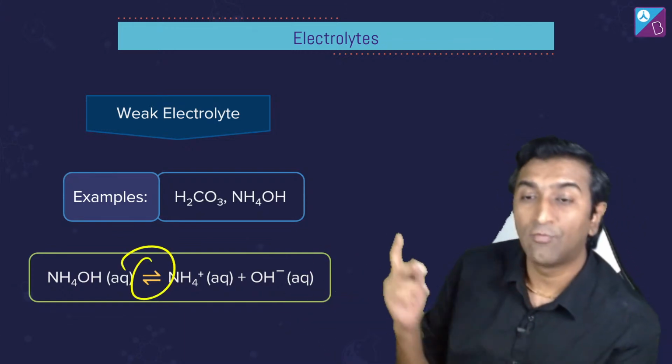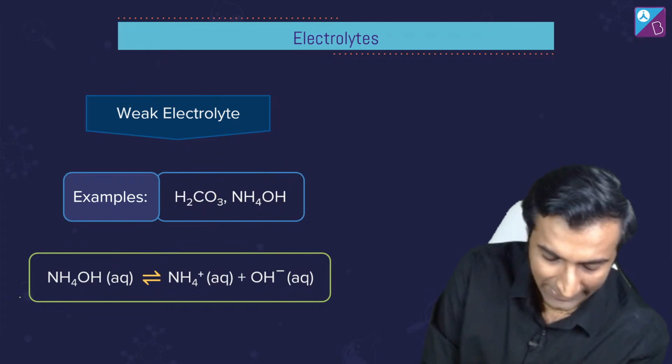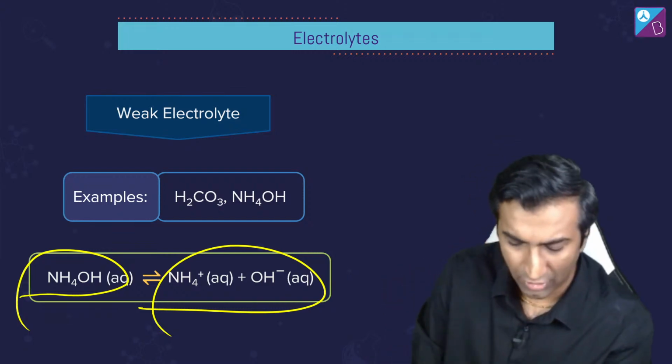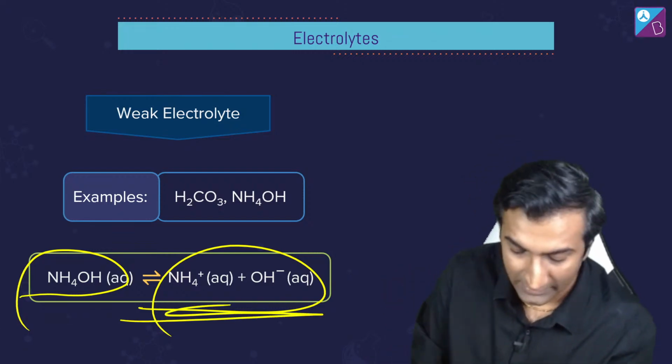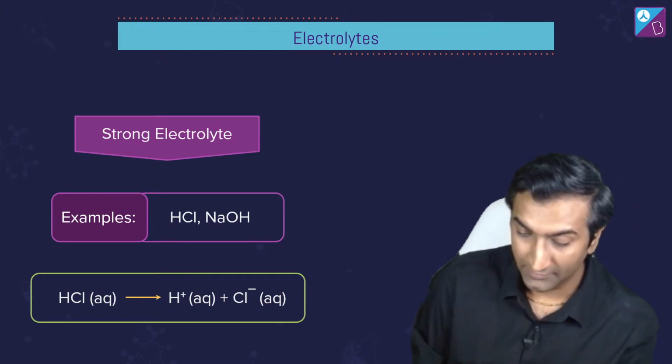Now there is a double head arrow, मतलब it's a weak electrolyte. H2CO3, NH4OH. Okay. This is a very interesting setup. I'll talk about this in the third or the fourth. I think in the fourth session, हम लोग hydrolysis बात करेंगे. That's when I'll discuss this sort of a salt that gets formed. Strong electrolyte example यहाँ पे दिए आपके screen पे.